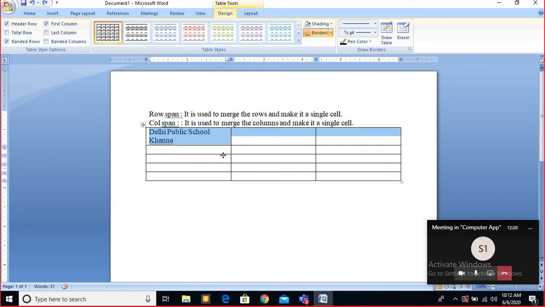Look, there is only one way to understand this. If you want to learn where I can apply the column span and row span, then you have to understand this.